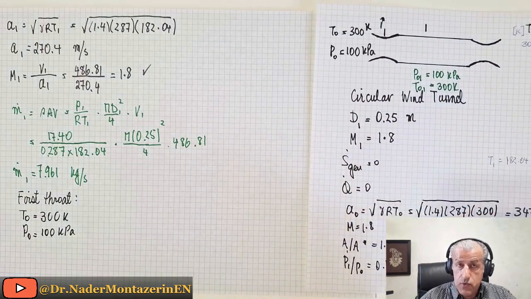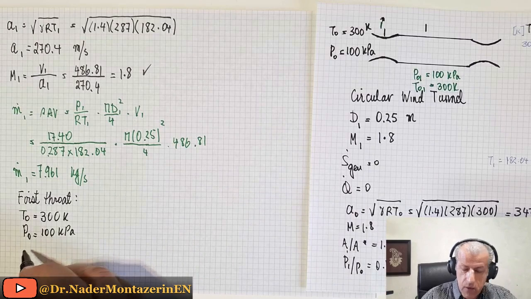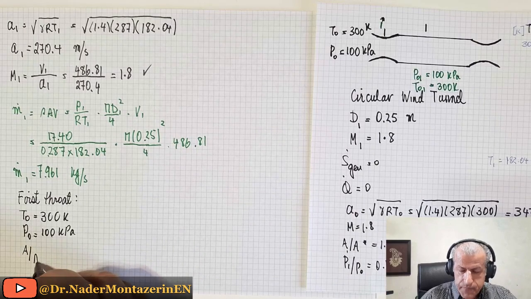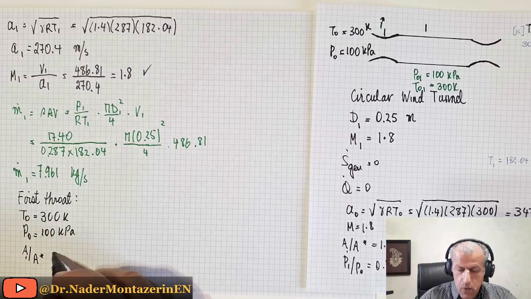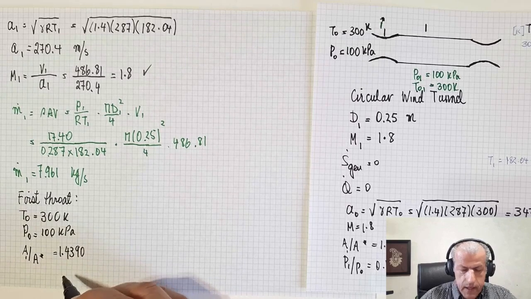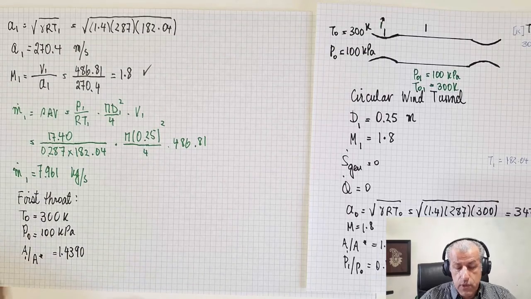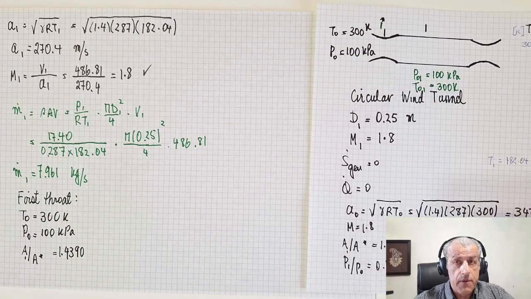So we should return from the test section to the throat and calculate the throat diameter. A1 over A star was 1.4390, and now we can move to our table and see what different properties at M equals 1 are at